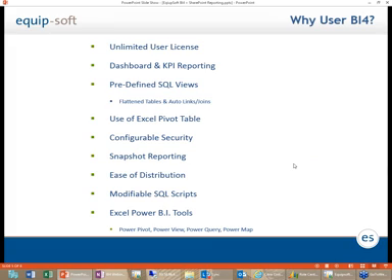The third point, these are predefined SQL views. What do they mean? It means that the tables are flattened. It means that you have auto links and joins. So if you are accustomed to creating reports today in SQL, using Crystal Report, using Jet Report, using Access, I